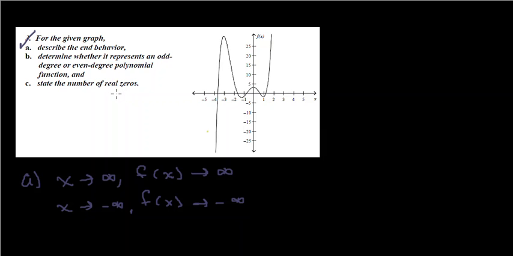Now you can find this based on the end behaviors. So A will give us the answer to this. Now it doesn't matter how wonky this is or how crazy this will be. All it matters is whether one side of the polynomial is going up and the other side is going down. If they are going on opposite ends, it is an odd degree polynomial. If it's an even degree polynomial like x squared,